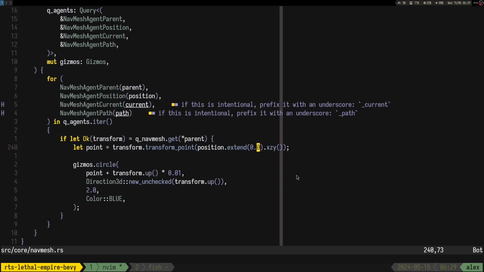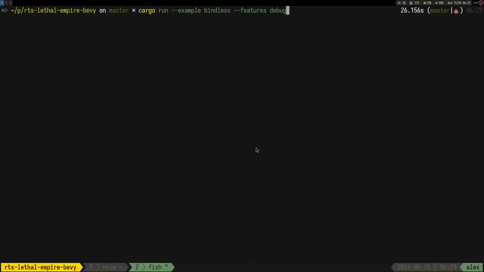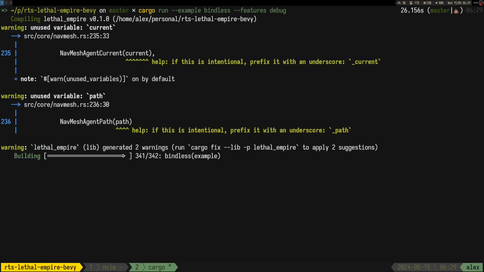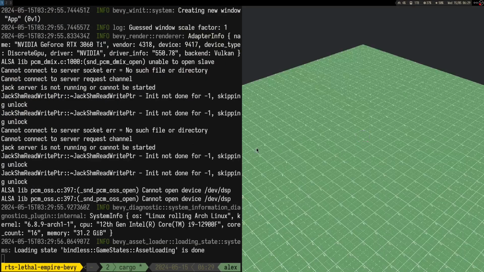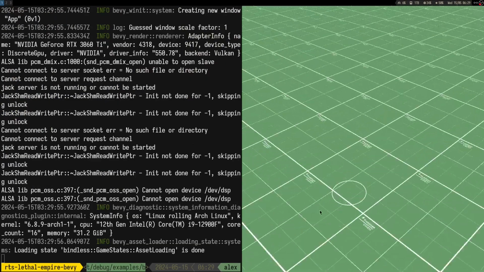So let's put here 0, 1, right? And I think that this is gonna be the height. Right, so I'm just thinking, how can we draw the line between current, or I guess between position,